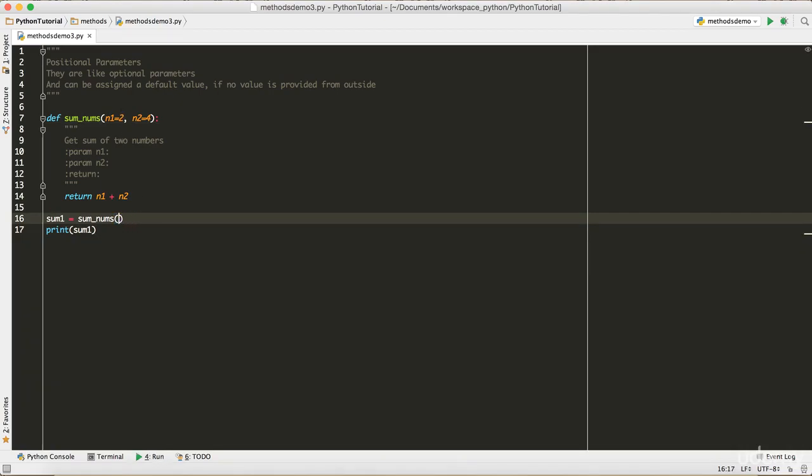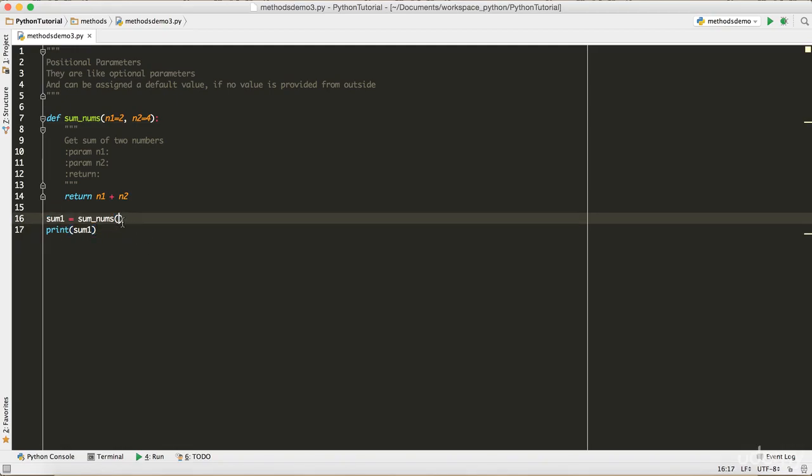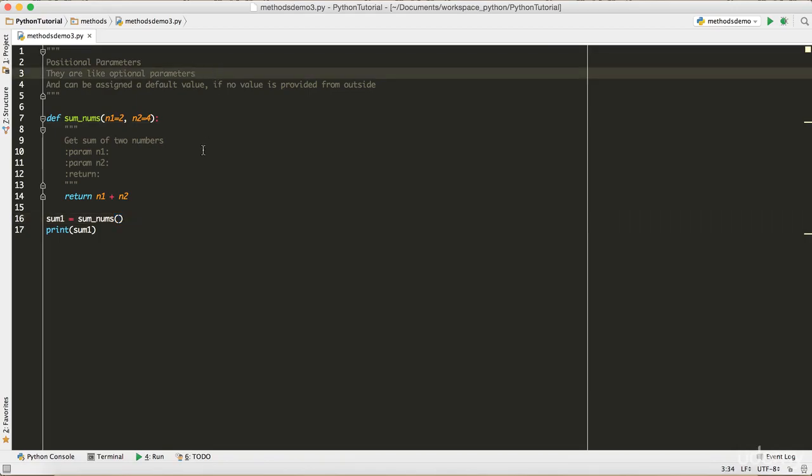And let's assume I'm just going to call it like this. In the previous tutorial we saw that if we try to call the method like this without providing the parameters, because it needs two parameters, then we used to see an error. But it doesn't happen with positional parameters because, as I mentioned, they can act like optional parameters.